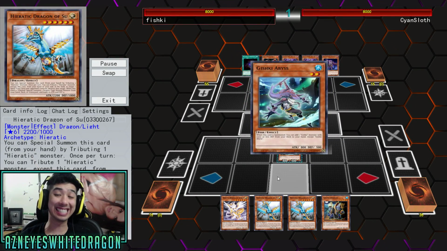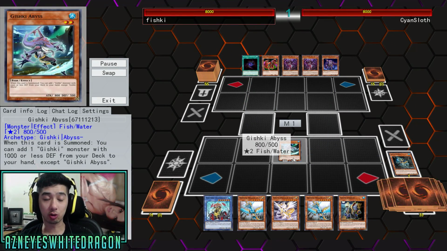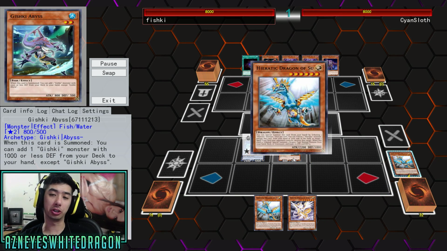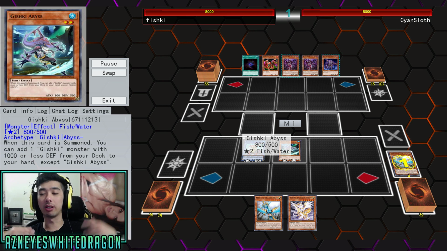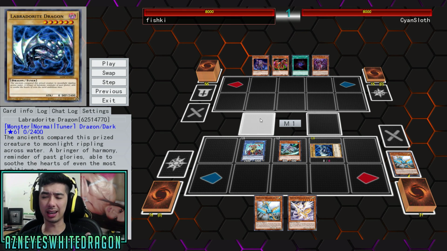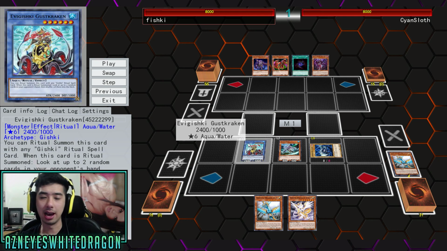So I have a consistent Hieratic Dragon Gishki loop deck, which is going to get rid of all of your opponent's cards turn one, which is a pretty broken effect. But basically, let me sum it up over here because it's a pretty simple idea, but I haven't seen anyone do it. So Fishki over here, shout out to you, figured out something pretty cool that I think a lot